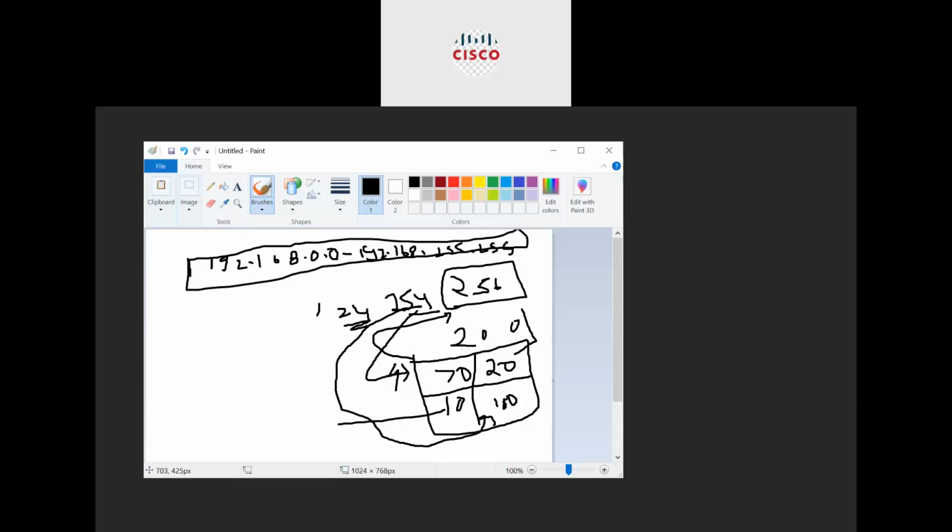So what I said, sir, I have a single network and I can give the IP addresses to all the devices using this. That was the key point, that we can provide IP addresses without wastage if we divide our own network. So subnetting is the process of dividing a network into multiple small networks.